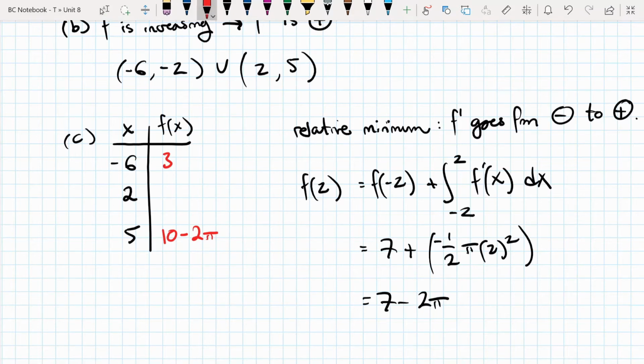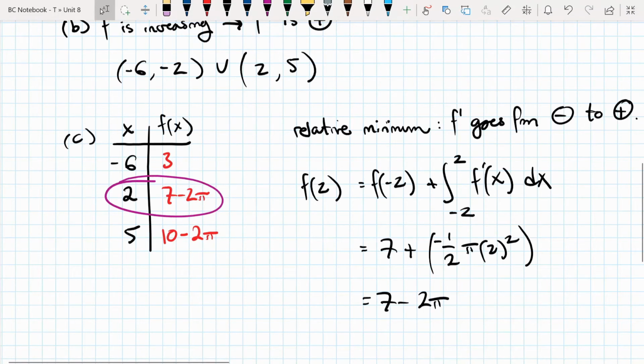So 7 minus 2 pi. Okay, so all we need to do now is just compare which one has the smallest value, and that's going to be this one right here. So the minimum value is at (2, 7 minus 2 pi). So remember, whenever you find the absolute maximum or absolute minimum, you have to check the endpoints and the relative